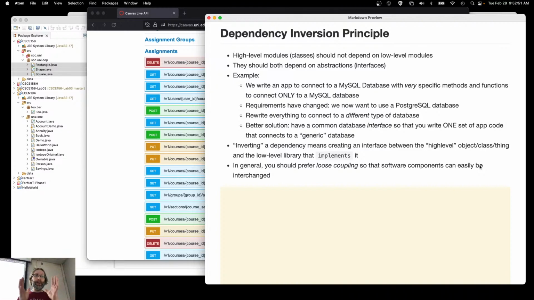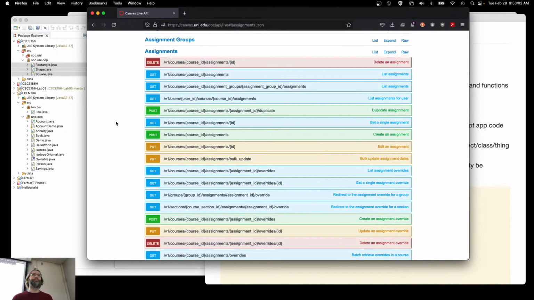You put an API or an interface in between two things so that you have loose coupling. You could rewrite all of Canvas, like the user interface of Canvas, in Swift on Linux, and just reuse this API. The other ones didn't have it,